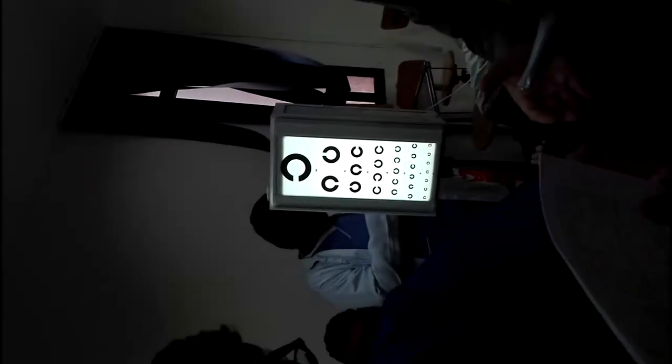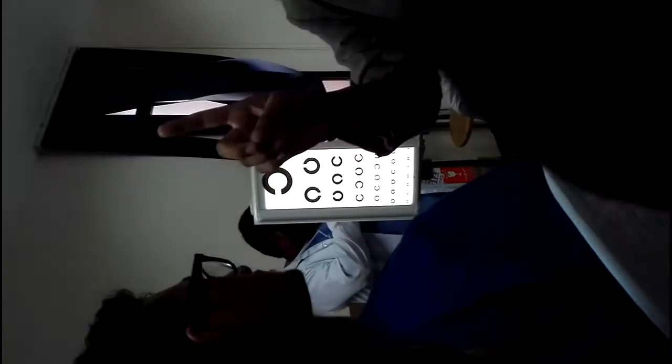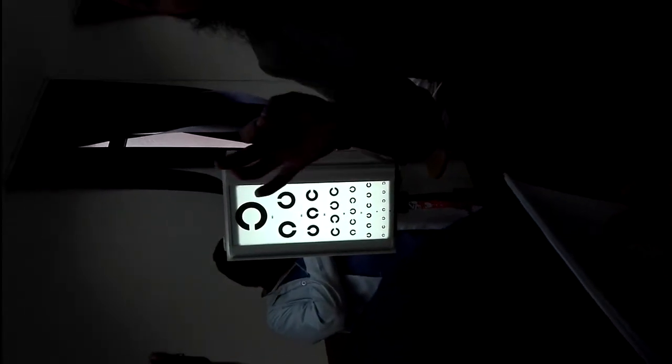See, let's say a person can read only this line 18 and the lines above it, but if you ask the patient to read this line, the patient can't read correctly. Even if the patient can read all the words correctly and just misses one alphabet, then we say that the patient cannot read the whole line. Okay? So the vision, even if it's wrong just one time, we say that the patient can't read this line, and the vision will be 6 by 18. Okay? Understood? This is for distance vision.